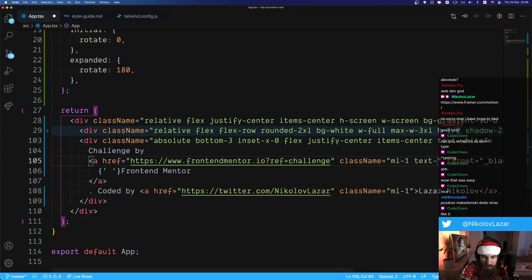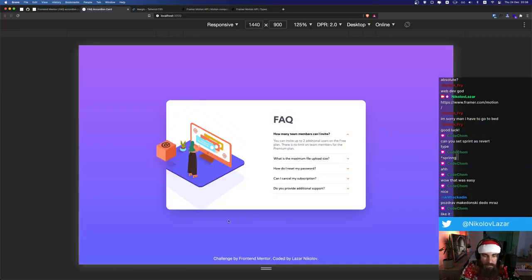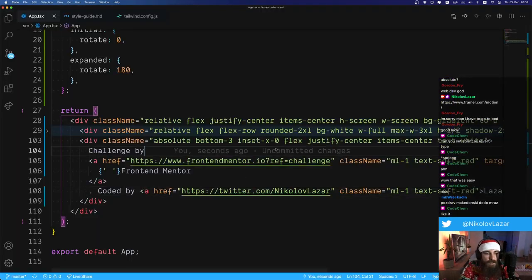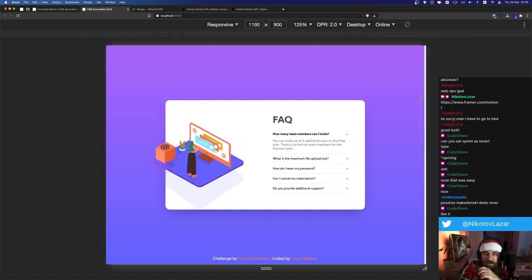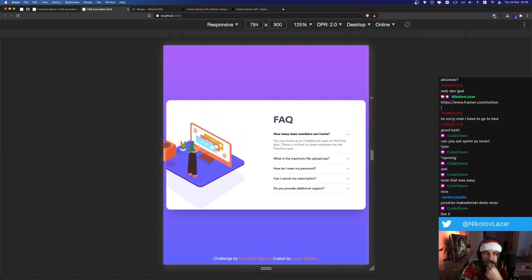And we can also say text soft red. Why the hell not? Let's make this pretty. That's good enough. Okay. Let's go back to the responsiveness now. We need to make this responsive and look nice